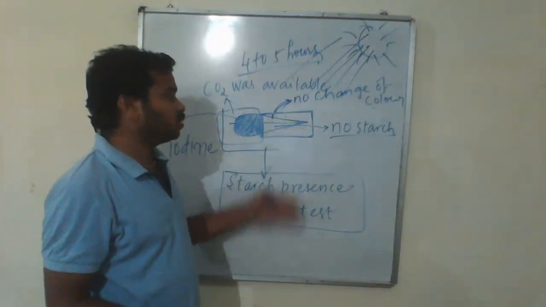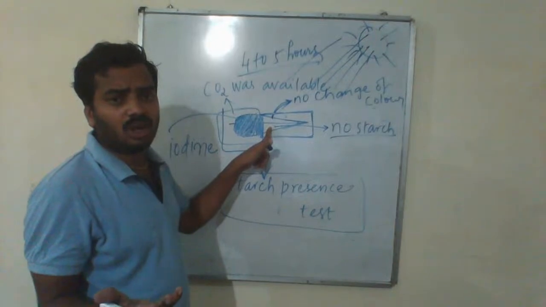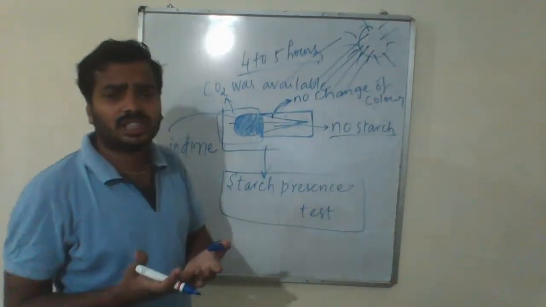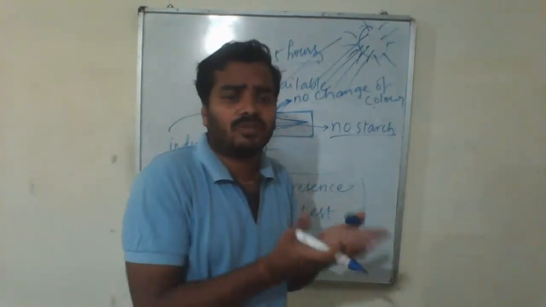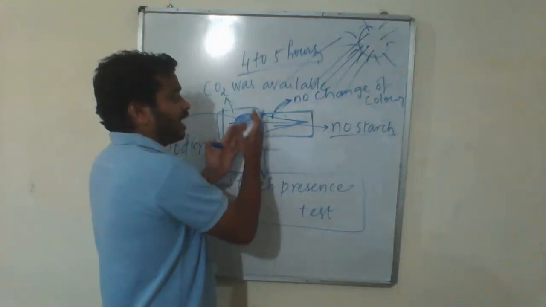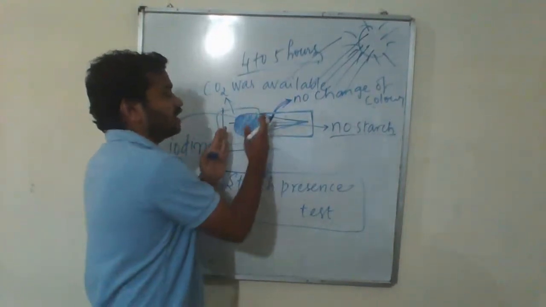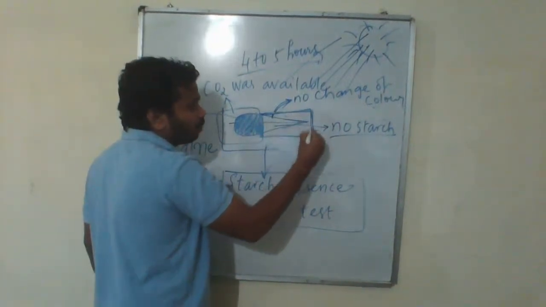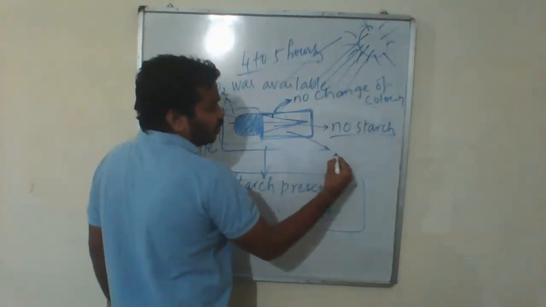లీఫ్ మొత్తంలో స్టార్చ్ ఉంటుంది, ఇంతకుముందు ప్రిపేర్ చేసిన స్టార్చ్ అవైలబిలిటీలో ఉంటుంది. Then it will also turn into blue. So you cannot prove that CO2 must be available to perform photosynthesis. If you destarch it, then you can differentiate ekkada starch form ayindi, ekkada starch form avvaladu. This particular portion of the leaf was kept in